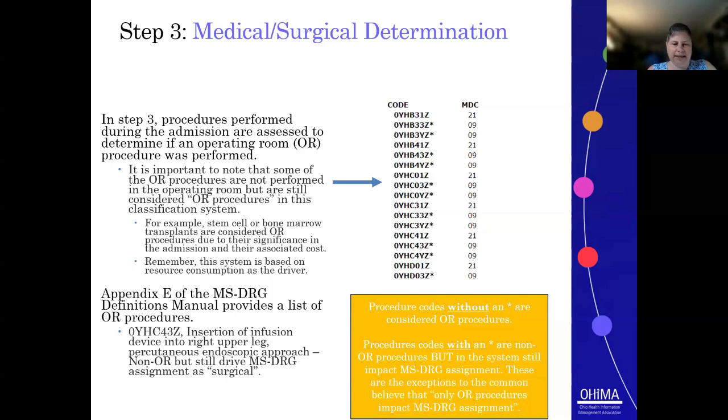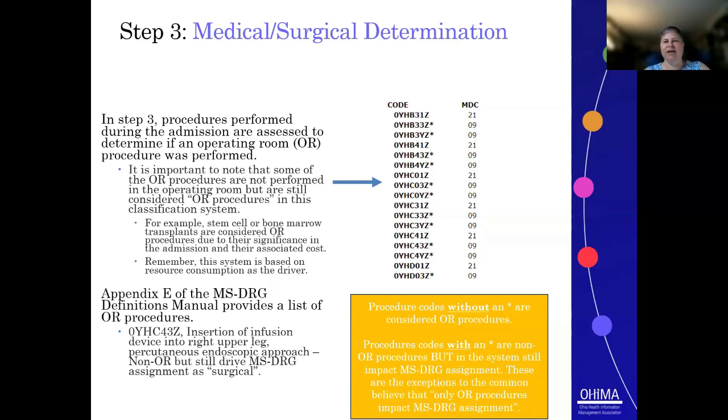And particularly in this presentation, we're going to use the example of procedure code 0YHC43Z, which is insertion of an infusion device into the right upper leg, percutaneous endoscopic approach. Now, this is a non-OR procedure, but it's going to drive MS-DRG assignment because in this system, it's classified as